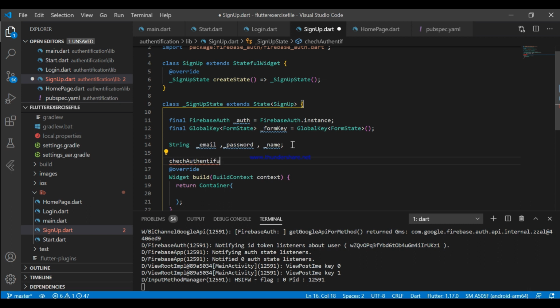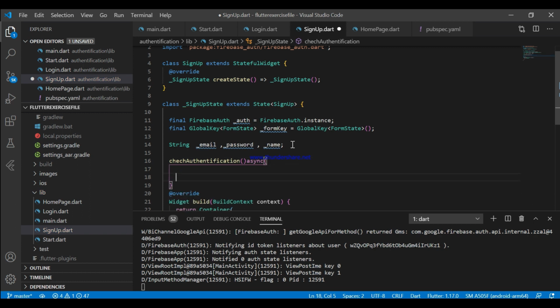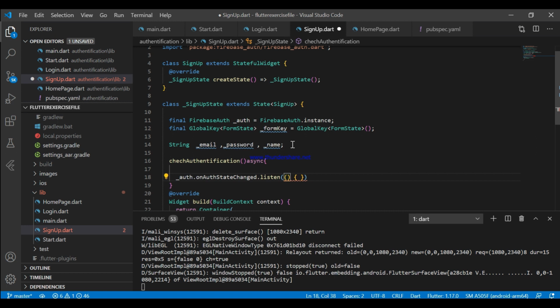Now we need this check authentication method. So if user is not null, again, user doesn't have any email and password, then we'll redirect the user to the start screen.